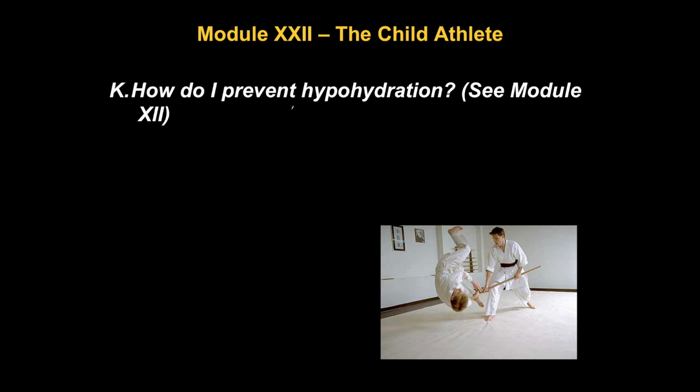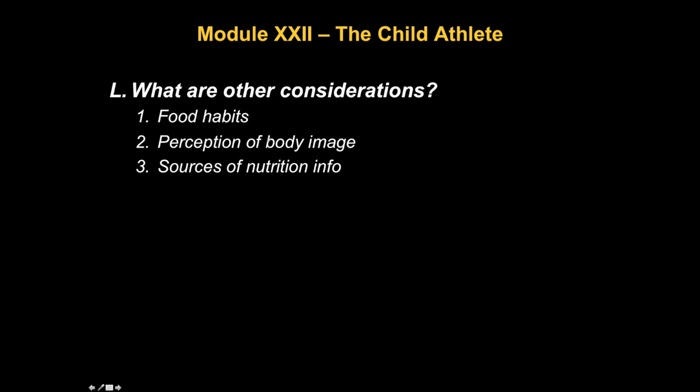So how do I prevent hypohydration? Well, I would refer you to Module 12 there and the use of fluids and sports beverages, etc., in order to help the child athlete prevent any hypohydration. What are other considerations? Well, we want to look at food habits. We want to see what their perception of their own body image is going to be. We want to see what the sources of nutrition information for them are so that we can make a better assessment of whether or not they are nutritionally sound and able to participate in the sport effectively